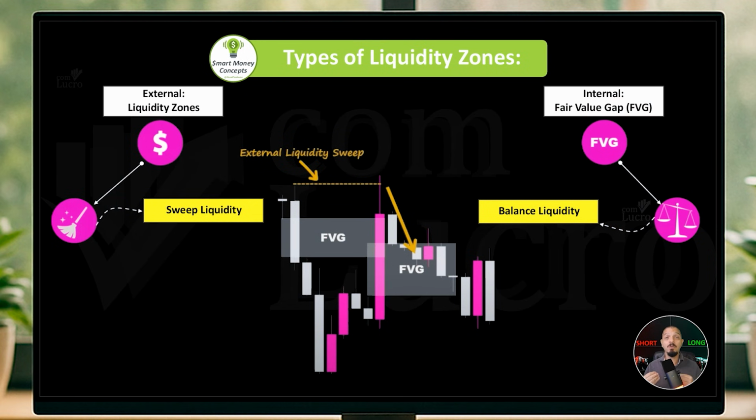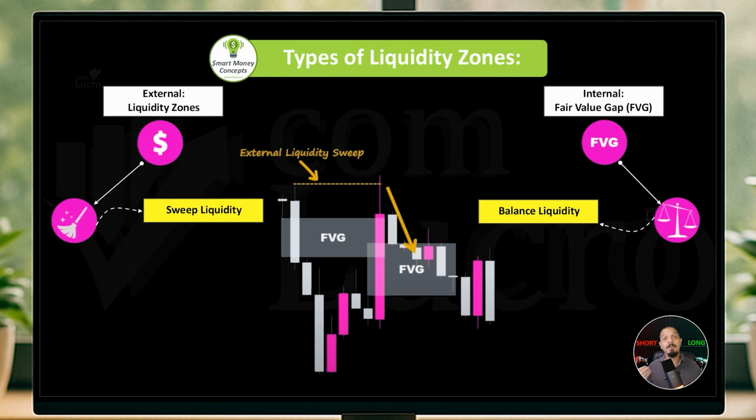Within the concept of liquidity zones, there are two main types: internal liquidity and external liquidity. Internal liquidity, also known as fair value gaps, FVG, refers to areas within the current price structure. These gaps occur when there is a significant difference between the closing of one candle and the opening of the next, resulting in a liquidity void. These areas are important because large market players tend to fill these gaps, creating trading opportunities to capture movements back